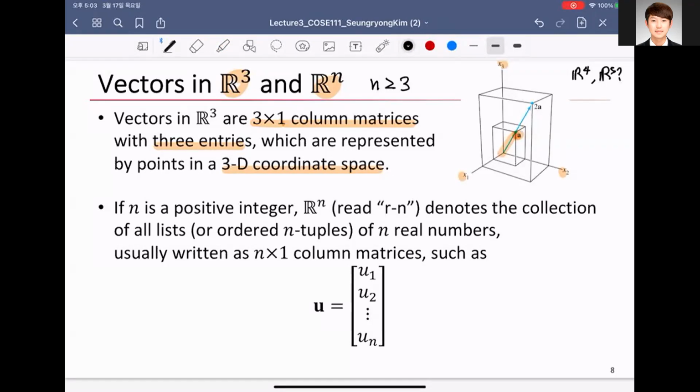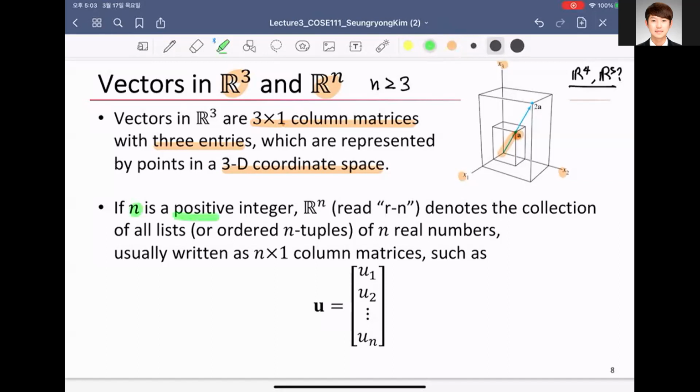There are ways to represent this high-dimensional space, but it's going to be really challenging to draw every vector you have, right? It's going to be really challenging. So please imagine what kind of shape the R4 or R5 space has. Anyway,